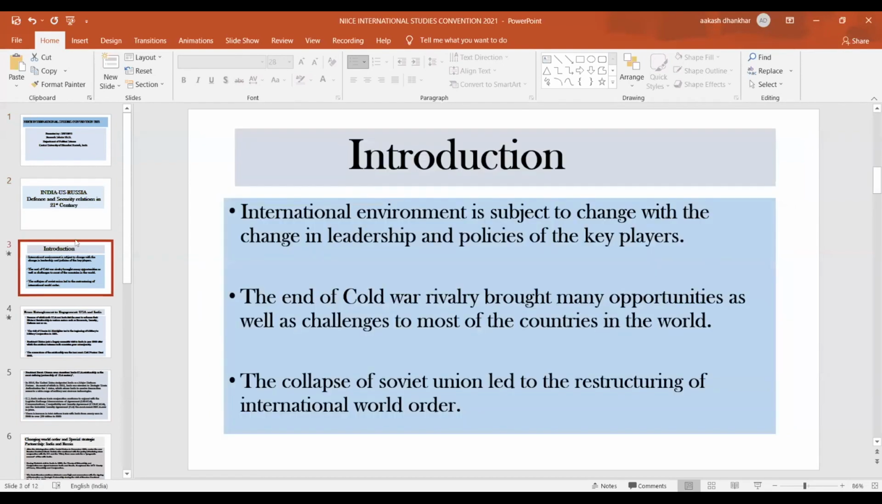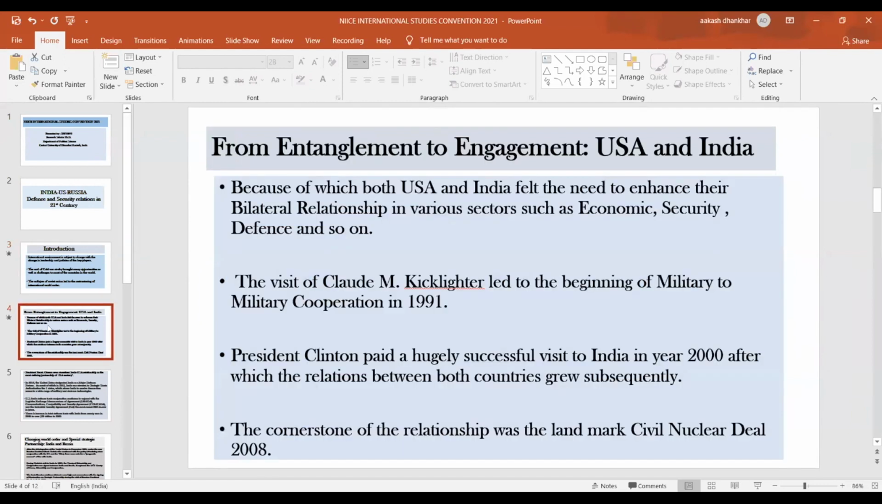To begin with, I would like to introduce that the international environment is basically subject to change with the change in leadership and policies of the key players. The end of Cold War rivalry brought new opportunities as well as challenges to most of the countries in the world. The collapse of the Soviet Union led to the restructuring of the international world order, and because of which both USA and